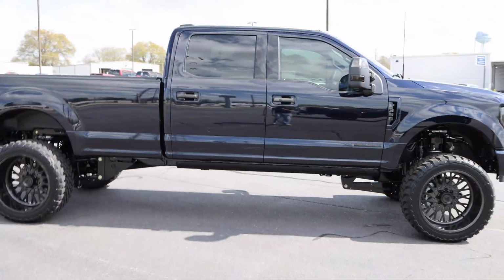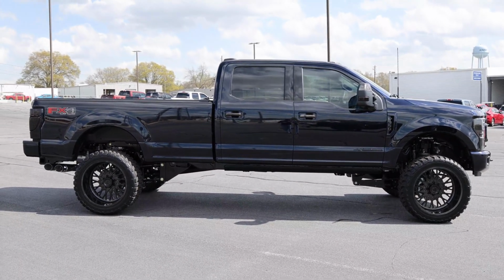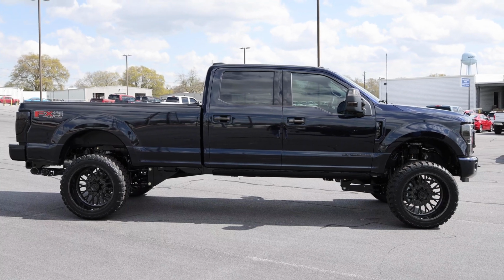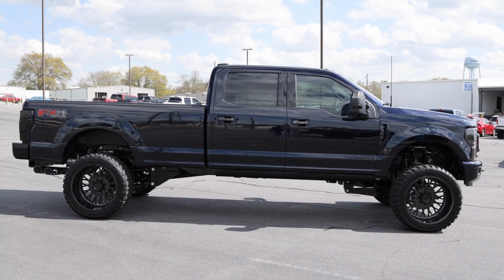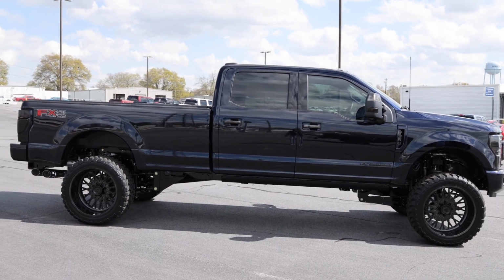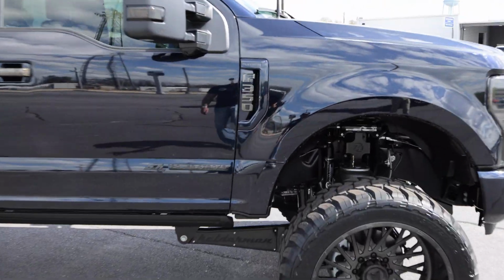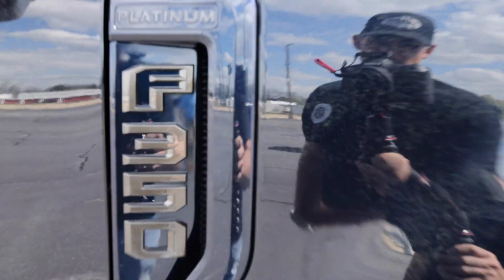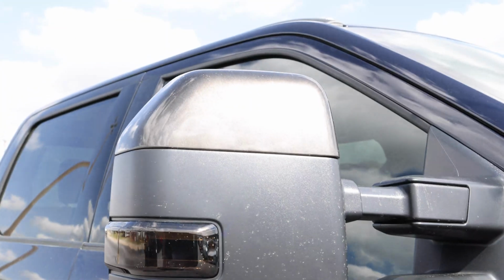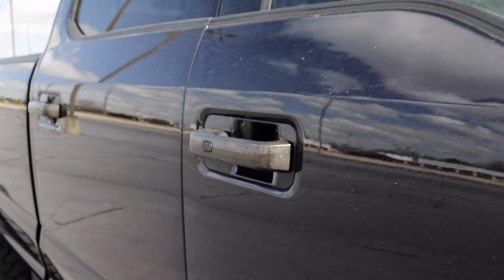So I want to show you, we are pitched down slightly. The front end overall elevation is a little bit lower in the front, just for your reference, but I think it looks so money. And this is Antimatter Blue, and it's really hard to see the definition on this side, but it's such an underrated color. We incorporated that color on the side badges there, Antimatter Blue, and our custom color right there, and on the mirror cap as well. You can really see that color right there. The door handle's the same,